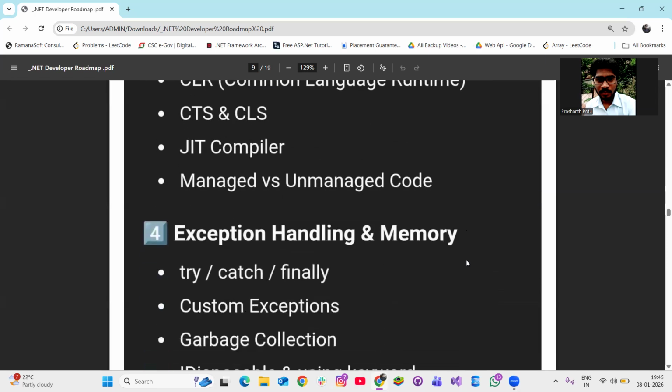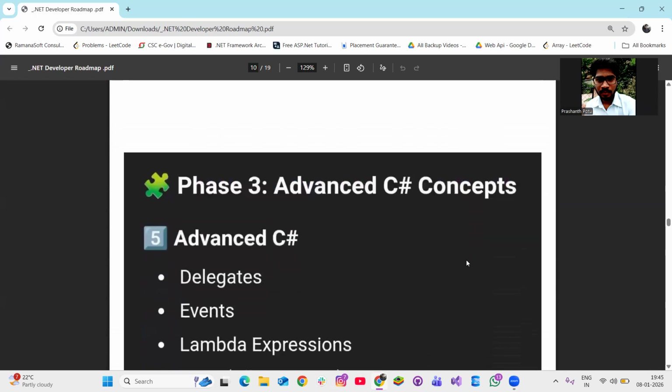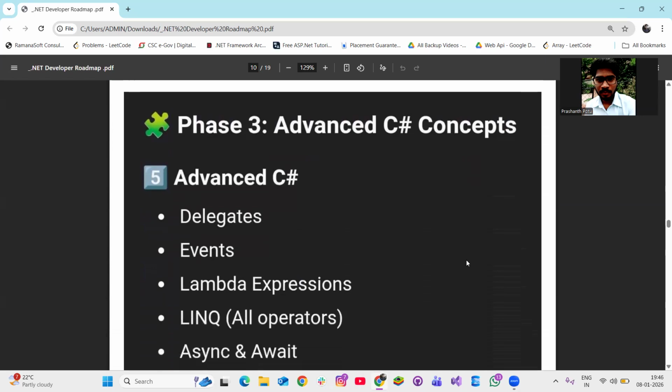What do you mean by exception handling and memory? For errors we use try, catch, finally. So this we will learn. And advanced C# concepts like delegates, events, lambda expressions, LINQ, and async and await,